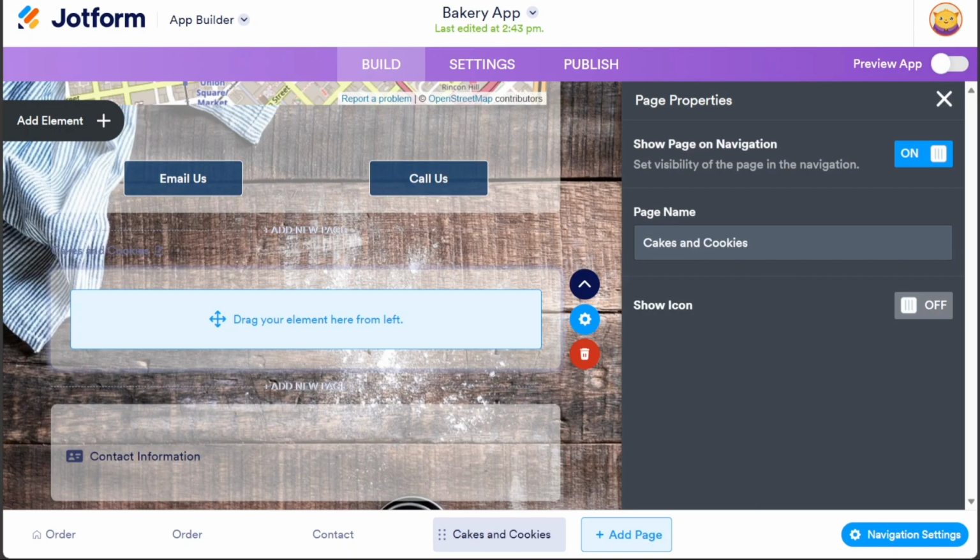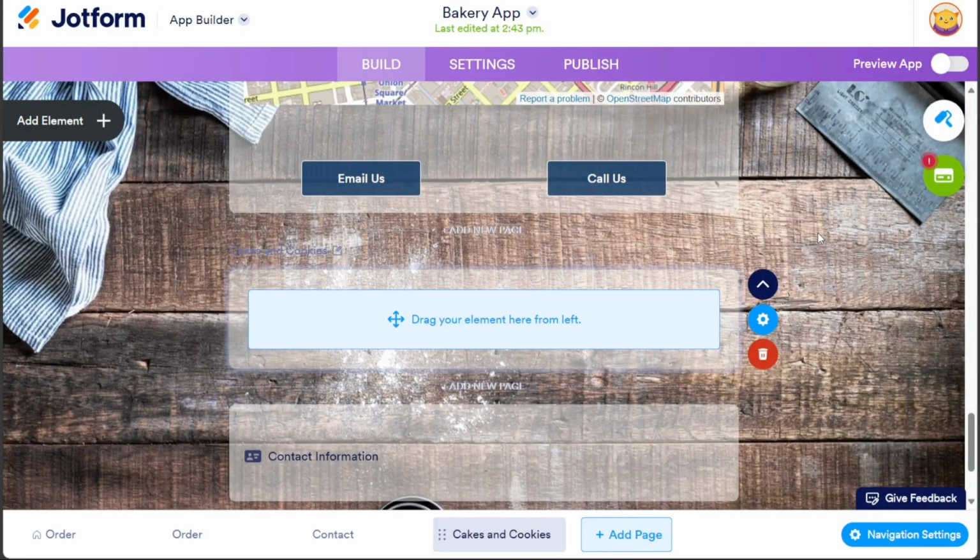Once you make this change, you will see the updates applied to the page, and you can proceed with adding the relevant elements and content to showcase your cake and cookie offerings. Now that you have changed the name of the page to Cakes and Cookies, the next step is to add elements to it. To do this, navigate to the left side of the template interface and click on the Add